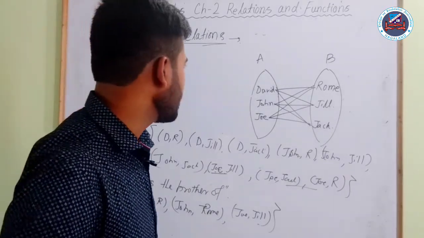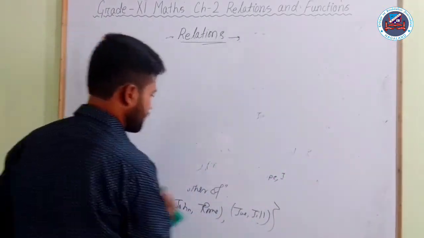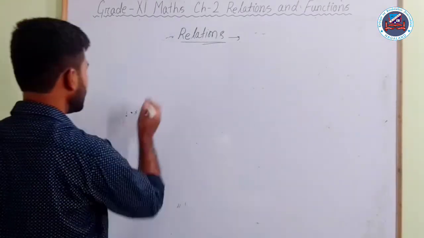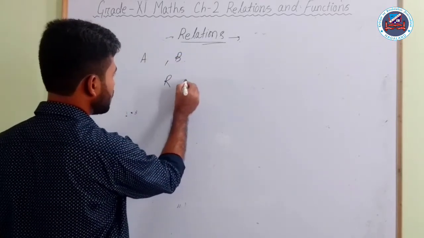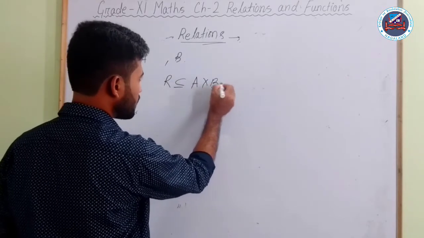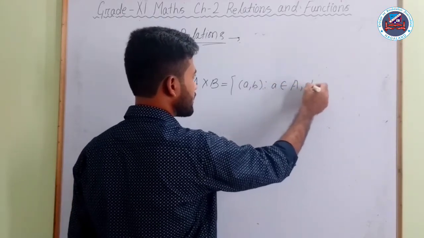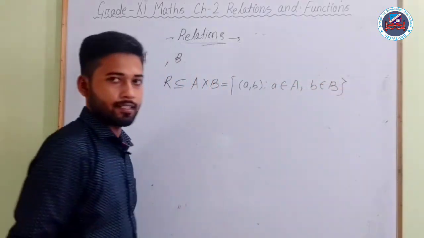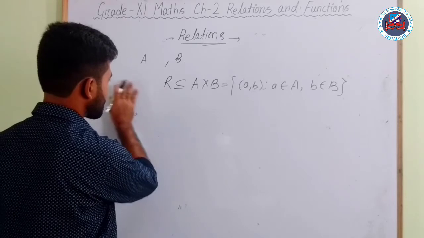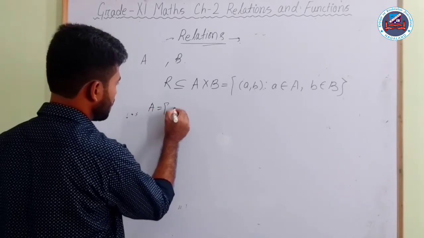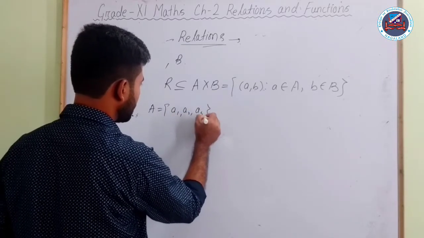Mathematically, if we want to define a relation, we need two sets, A and B. A relation R will always be a subset of A cross B, where A cross B consists of ordered pairs in which the first element belongs to the first set and the second element belongs to the second set. So let me consider a set A equal to A1, A2, A3, and